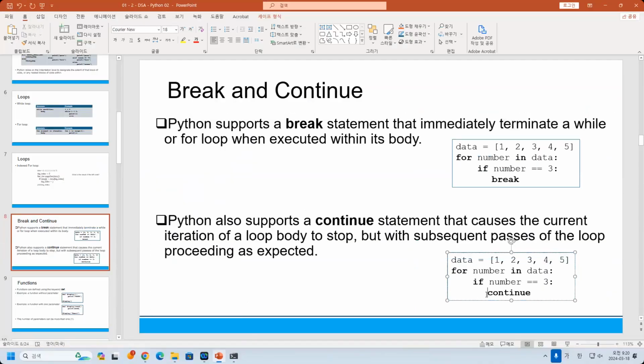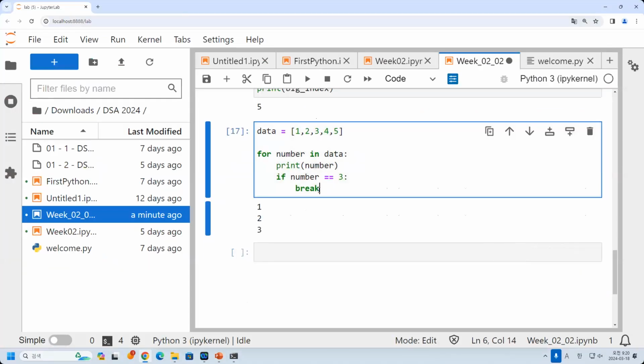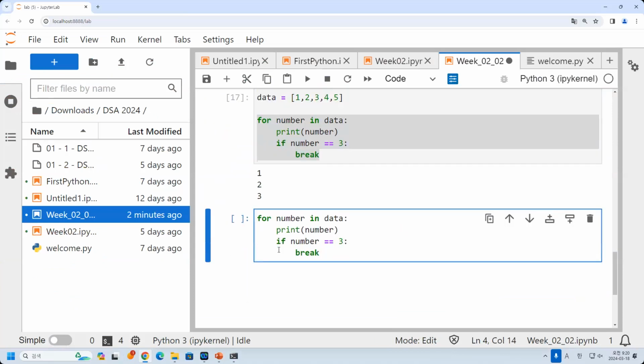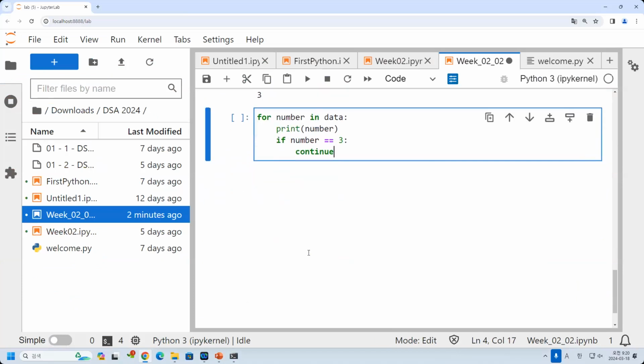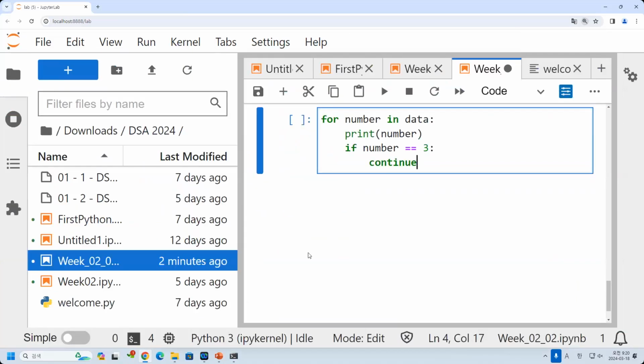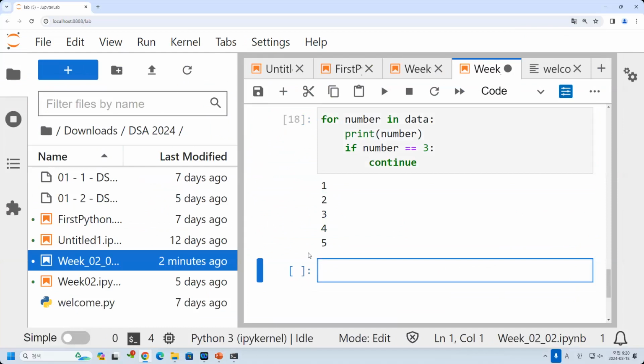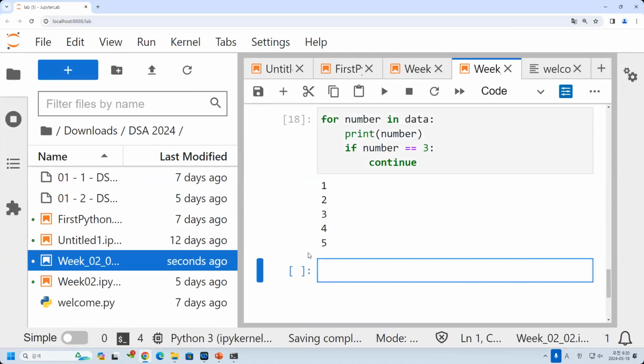You need to put one indentation. Now let me have the same data. Now I would like to continue. What is the result? Nothing happened